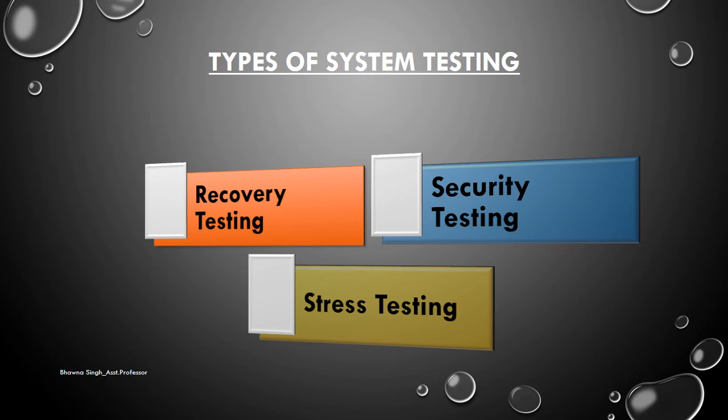Various types of testing are conducted in this system testing, in order to verify whether the system that is developed is according to the user expectation or not. The first one is recovery testing. In this recovery testing, we examine how easily or how completely the system can recover in case of a system failure. We provide some undesirable inputs to the system, and we check whether the system is properly performing the recovery functions, or whether the system is fault tolerant or not.